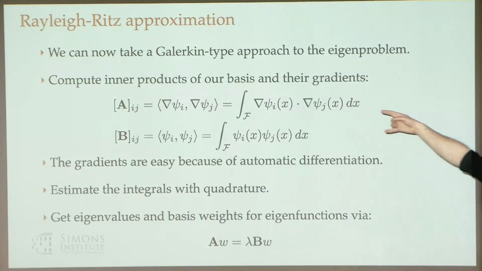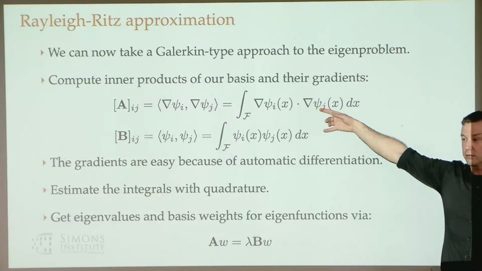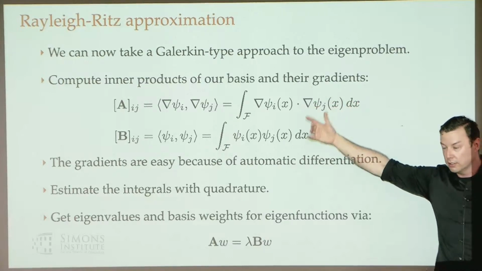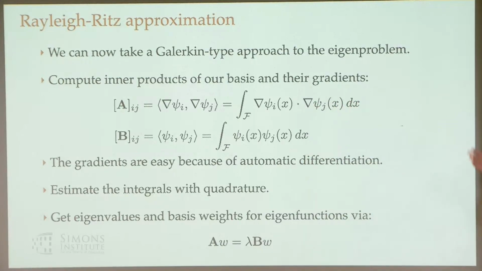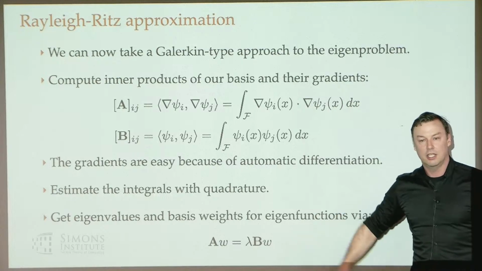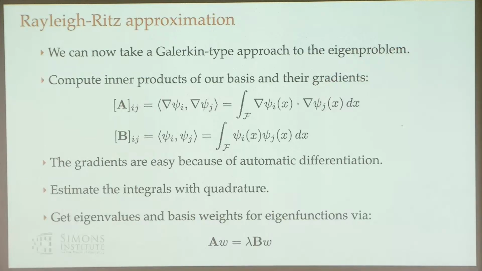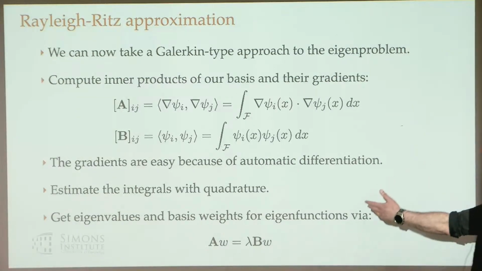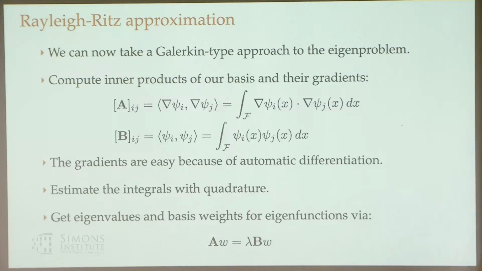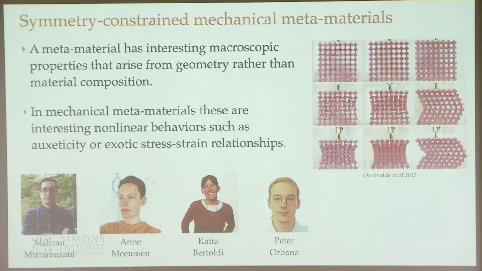And these are relatively low dimensional integrals, right? They're just in 2 or 3 dimensions, so I can use quadrature and it'll work. And then I get those matrices, I solve this guy, and I get way cleaner versions of these eigenfunctions. I'm not going to show you them, but it won't surprise you that by getting rid of finite differences and second derivatives, we're in a way nicer computational regime.